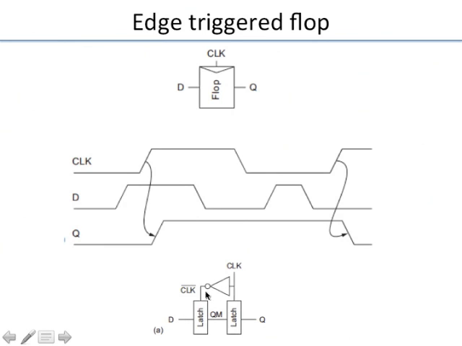Because its clock bar is given, so it's 1. So the master latch is transparent. So when clock is 0, the master latch is transparent, which means whatever is happening to D comes to QM. QM is following D, but it doesn't come to Q. Q is isolated. As soon as clock goes from 0 to 1,